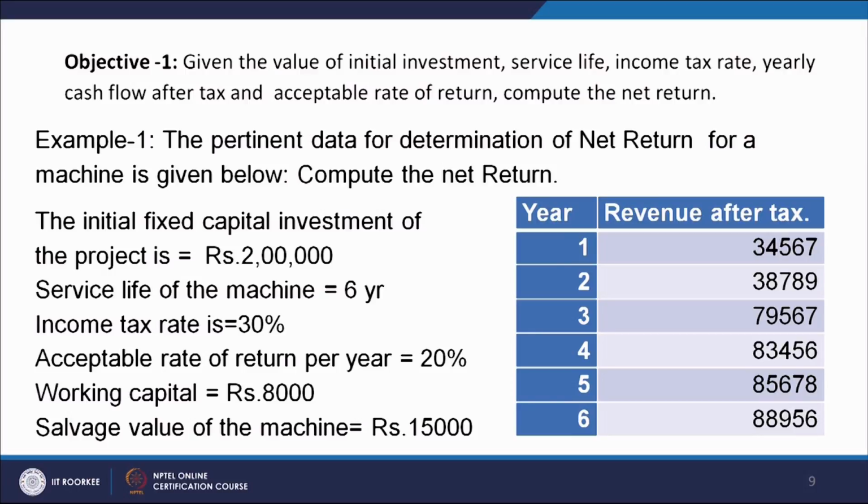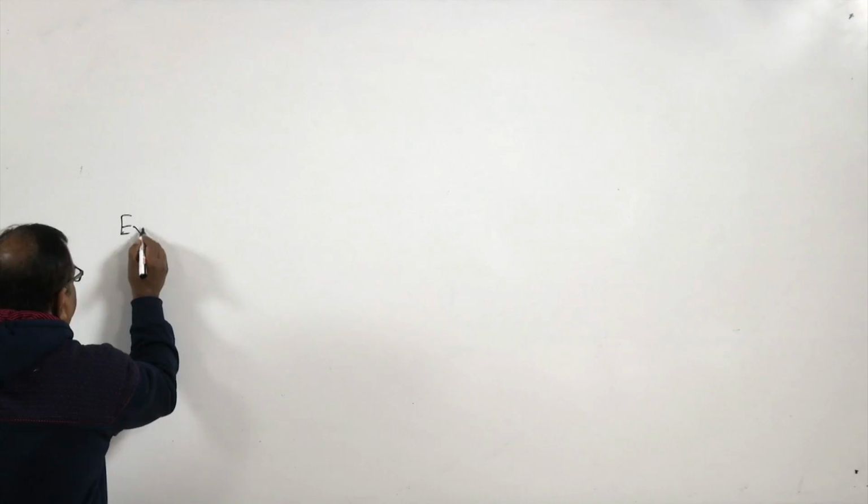Now, let us take an example. The objective of this example is, given the value of initial investment, service life, income tax rate, yearly cash flow after tax and acceptable rate of return, compute the net return. The pertinent data for the determination of net return for a machine is given below. Compute the net return. So, example 1,